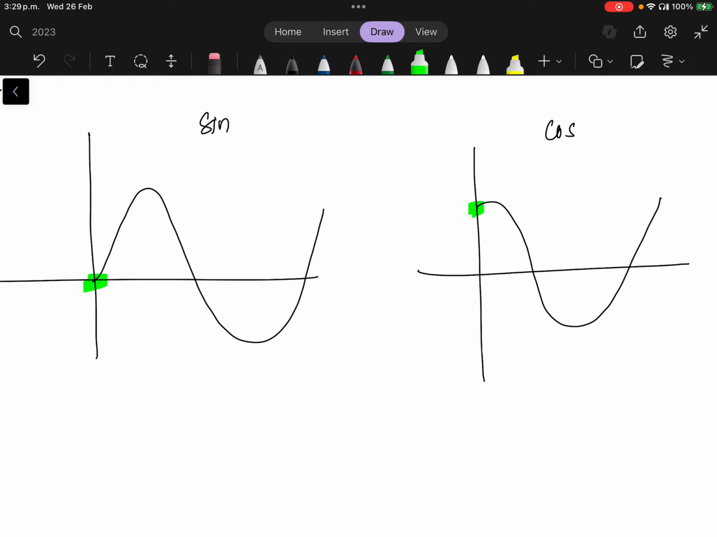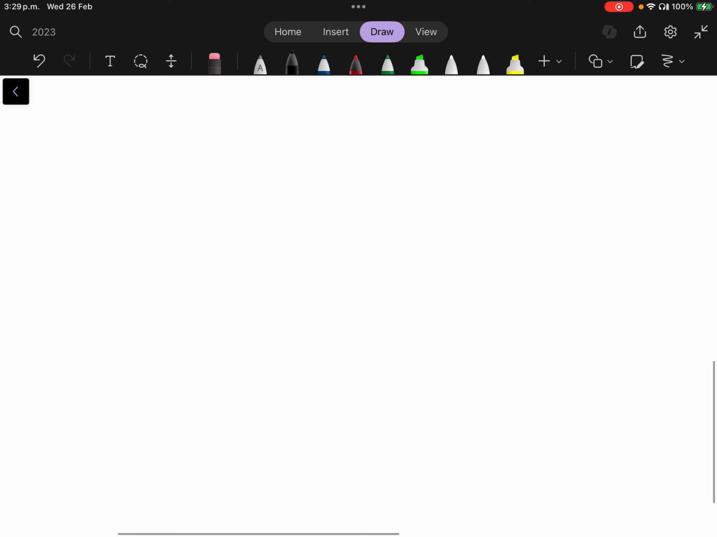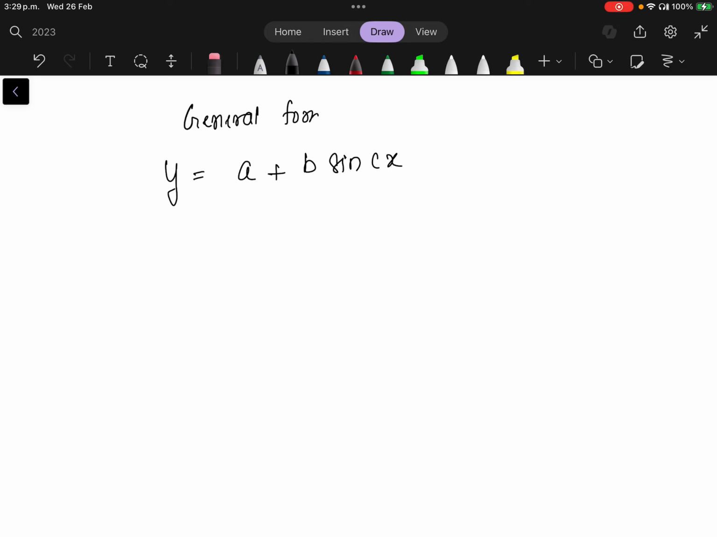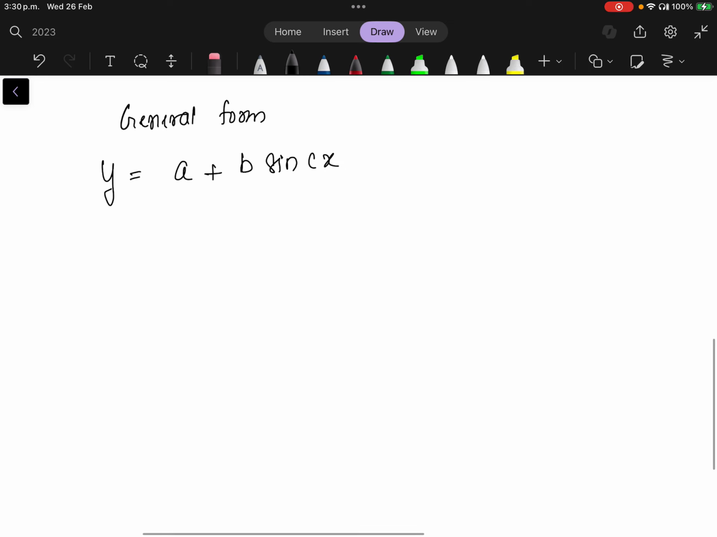As and when you get a graph, you check which graph it is. You identify whether it is a sine curve or a cos curve. Sine starts at 0, cos starts at 1. Now the general formula of a graph is y = a + b sin cx. This is the general form of the graph. I will explain everything in detail. But if you have a general form of a graph, y = a + b sin x,